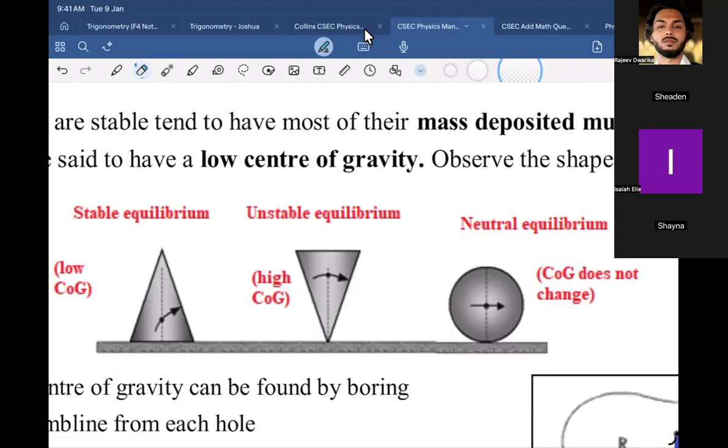Stable, unstable, and neutral. Stable equilibrium has a low center of gravity. Unstable equilibrium has a high center of gravity because it's unstable. And for neutral, the center of gravity doesn't change. Shay, if you roll a pool ball, does the center of the pool ball ever change? No. And if you hit a pool ball, it would just start to roll. Does it resist the force? No, unless it has friction. So you understand why we call it neutral, right? If you don't apply a force, it just stays there, but if you apply a force, it just goes with it.